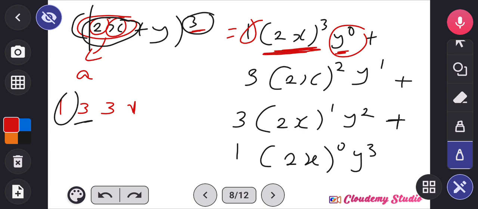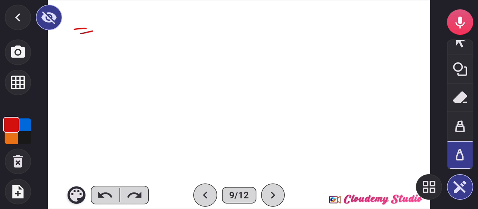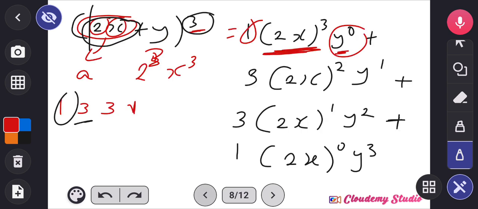Now 2x raised to the power of 3 is the same thing as 2 raised to the power of 3, x raised to the power of 3. It's the same thing. You understand? Remember I told you that whatever 2 owns, x also owns, since both of them are A. Now 2 raised to the power of 3 is equal to 8, which means that one will give us 8x raised to the power of 3,